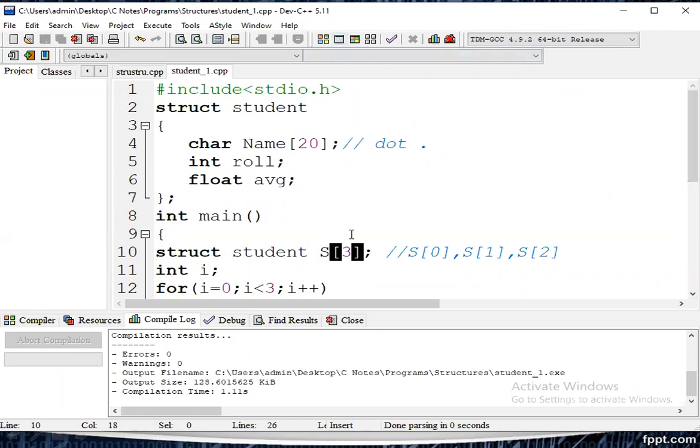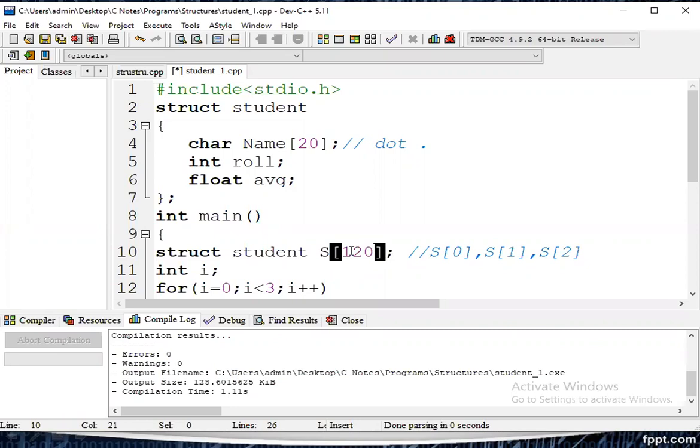If it is 60, that means the total class strength; it may be 120 class strength. So these 120 students contain the same type of information. Every student contains name, roll number and average, just like a register.